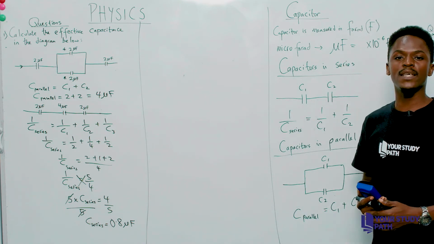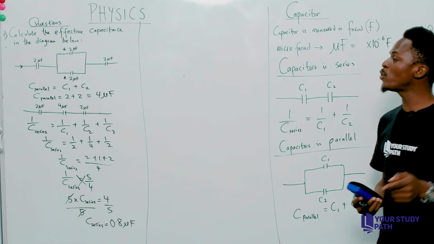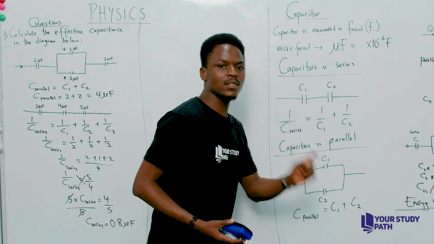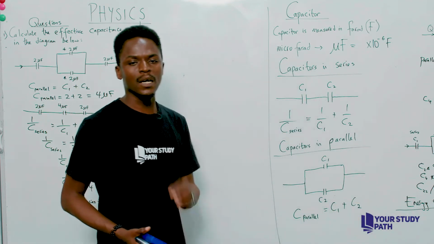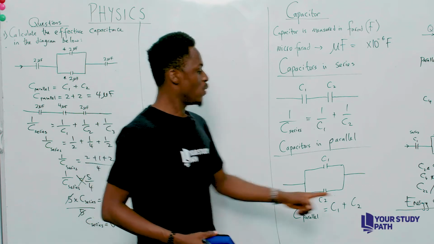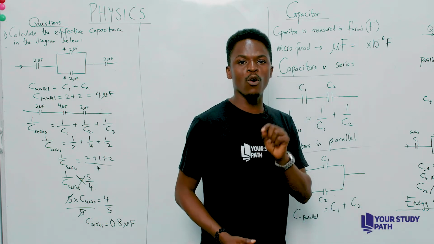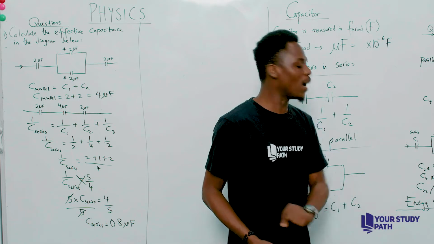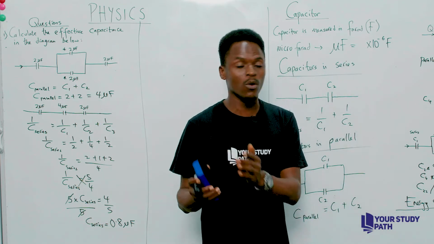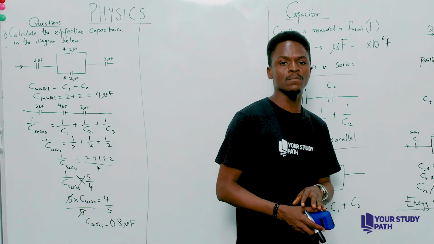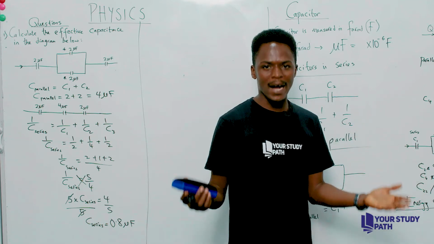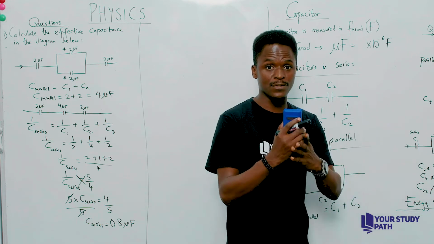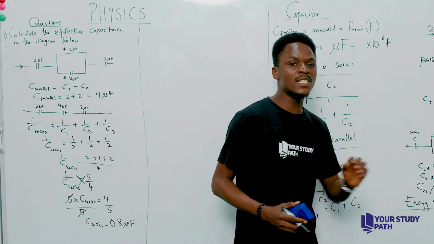It's actually 0.8 microfarad. Pushing forward, we have the next question here that links up capacitor with respect to charge and voltage. And please note, what applies to currents under resistors applies to charge over here. And exactly what happens to voltage under resistors is what happens to voltage here. What do I mean? Voltage in parallel are actually equal. Voltage in series are actually additive. Charges, we said that current flowing in series